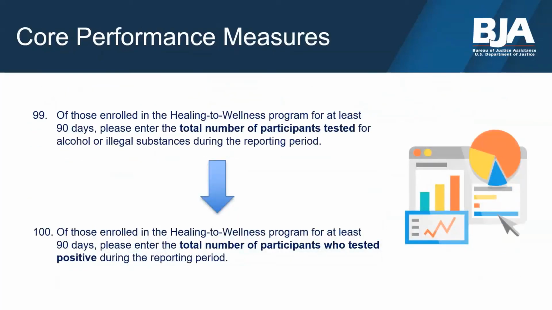To provide a second example of how some questions are related, certain questions include embedded relationships, where one part of a question may be a subset of another. Question 99 is one example from a performance measure questionnaire of one of BJA's tribal programs. It asks for the number of Healing to Wellness Court or Drug Court program participants who were tested for the presence of alcohol or other substances. The number reported in question 100 should not be larger than the number reported in question 99 because it is a subgroup.